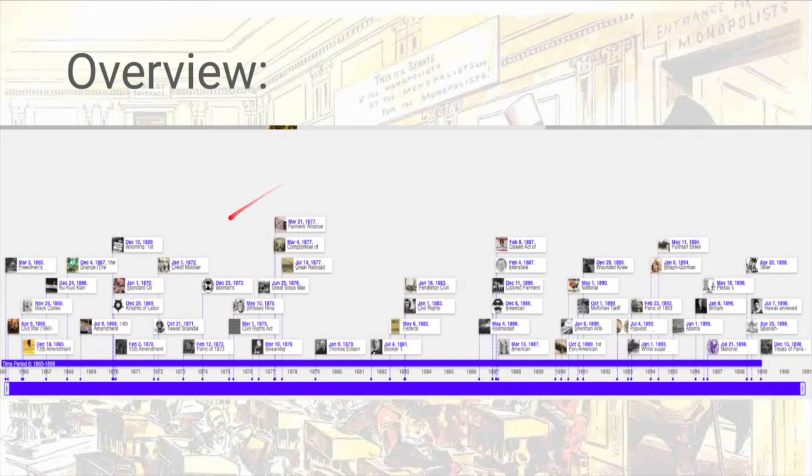Now, a little overview. We're starting back here with the Civil War. We're going to go through the Gilded Age with Standard Oil. You got all the trusts, all the monopolies. We have a couple panics here. We have some new technology from Thomas Edison, the light bulb. We have Carnegie Steel, all that good stuff. And we are going to end way over here with the Spanish-American War. So this unit is the Gilded Age and a little bit of expansion and imperialism.